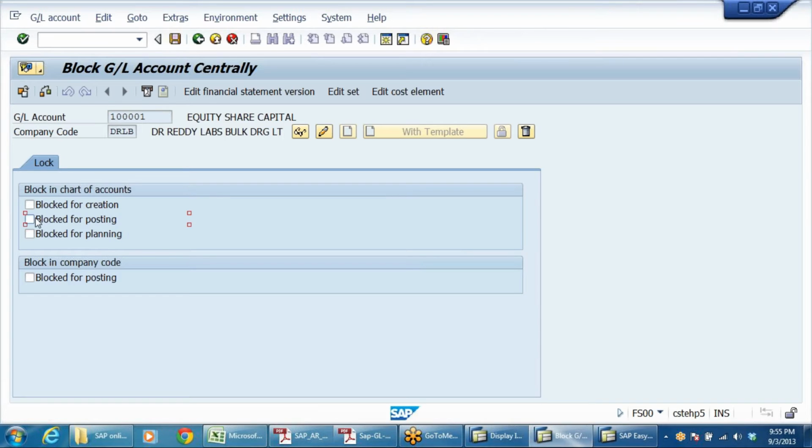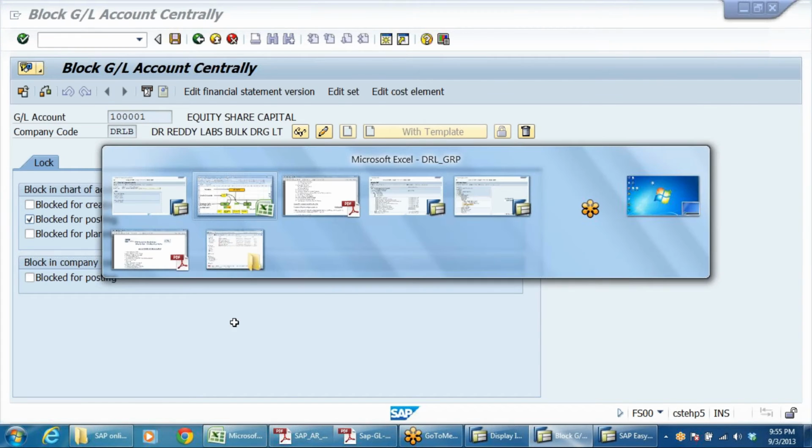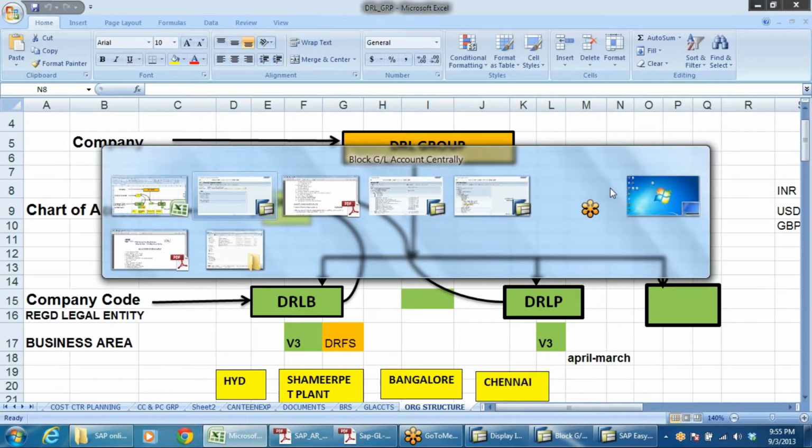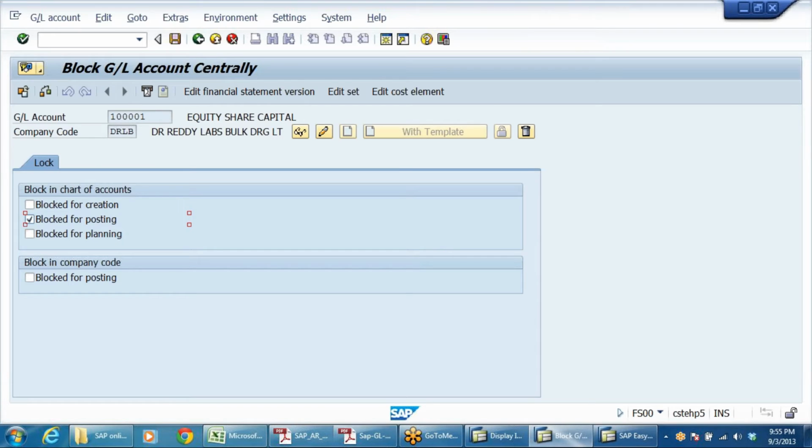If you block here, then no company code can use that particular GL account. Rather, if you want only this company code, you can block here: block it for posting, block it for creation, block it for planning. For all those things we can block it.